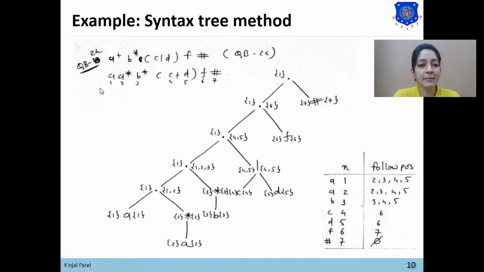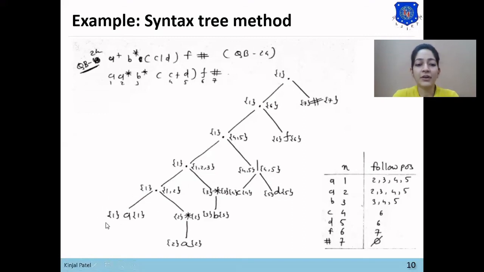So there can be A star, there can be A star, B star, there can be A star, B star, C or D, or there can be A star, B star, C or D, F. But there is A which is compulsory, so the rule of nullable will not be applied for all the dots.